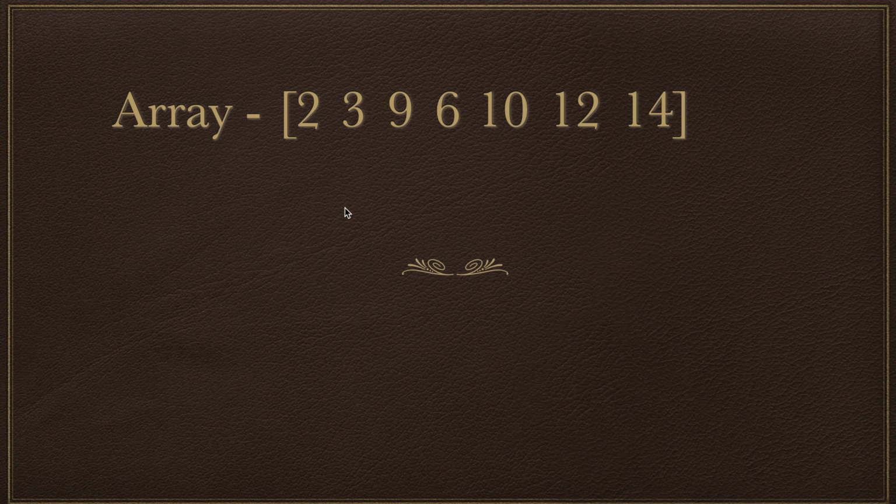For example, in this particular array, if we buy the stock on day 0 when the price is 2, and if we sell it on day 2, then we will receive a profit of around 7. Let's see. Okay, better I'll go number-wise here.